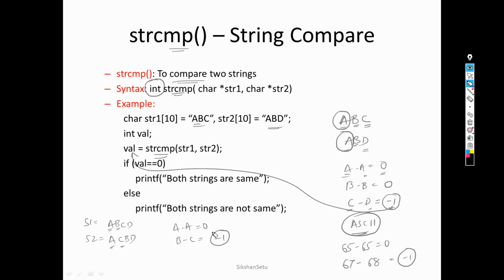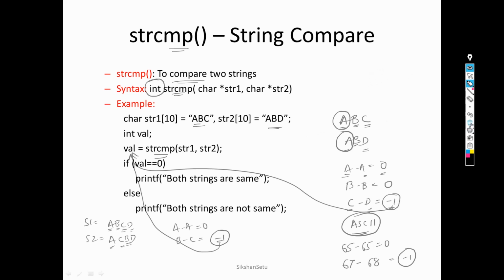So once we get a non-zero value, we will not compare the remaining two characters. Why? Because we have not received 0. It means that the characters are different in the two strings. So whatever value we have received other than 0 will be given back to the variable and the operation gets terminated.